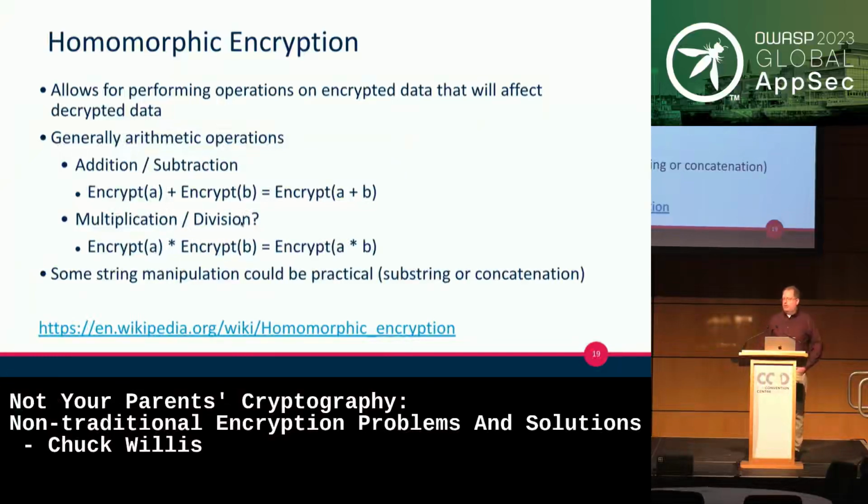There are also some cases where you can do homomorphic encryption for real numbers, for fractions or decimal numbers, I should say. But what ends up happening is that it's basically an approximation. So encrypt A times encrypt B is not exactly the same as encrypt A times B, but it's close enough, by some delta, that's practical for some purposes anyway.